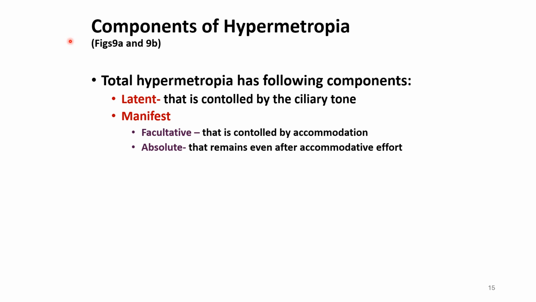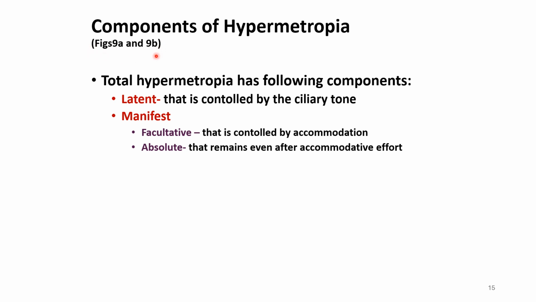We have seen that accommodation plays an important role in refraction. We also know that as opposed to relaxing accommodation, which is a passive phenomenon, using accommodation is an active phenomenon, and therefore it has a lot more range. And depending upon the ciliary tone and the accommodation, the hypermetropia therefore has some components which are illustrated in figures